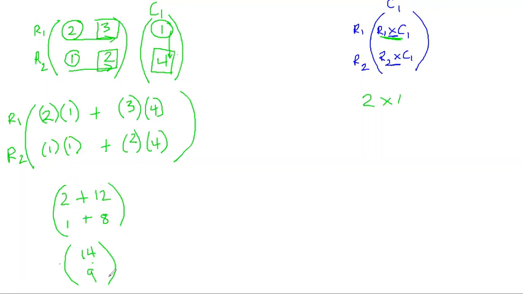Let's just do one more for the fun of it. One more, and I am gonna do another 2 by 2 matrix. 1, 2, 3, 4. How about we put in some negative numbers in here? -1, 0, 2, -2,